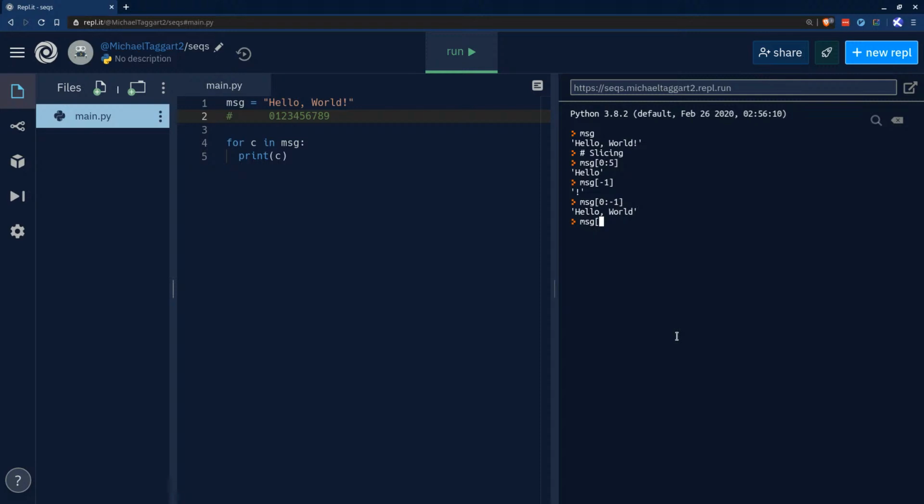So I can say 0 to -1, which would take off the last character. I don't want to do that. I can just leave the second number empty. In fact, I can even leave the first number empty because it's 0. If I want to get everything and I just did this, notice it gives me the whole string. But if after the second colon I say go by 2s,